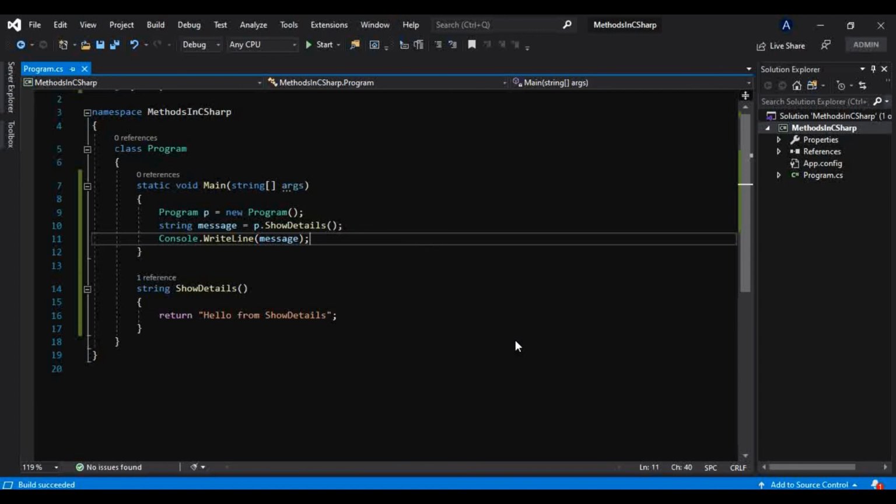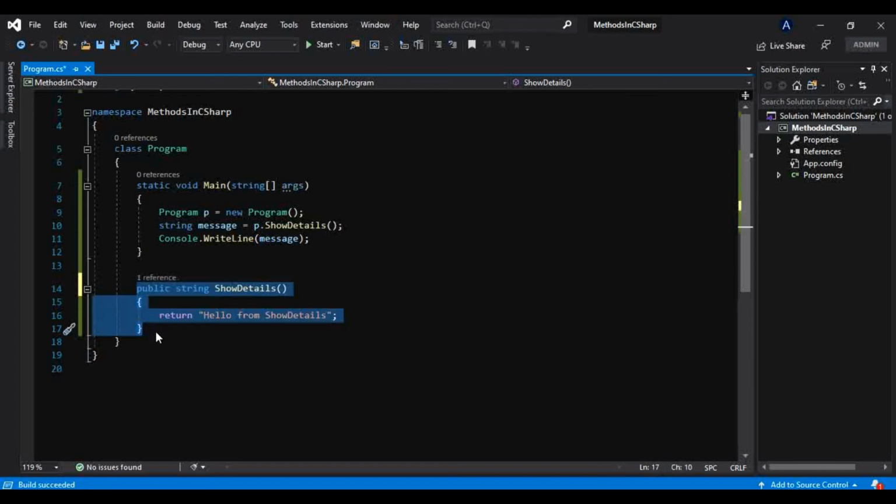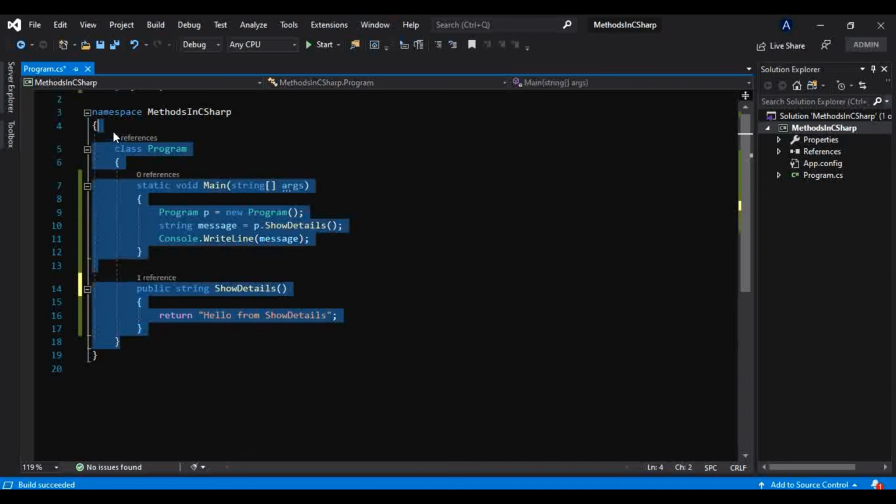Now let's just try to use those extra things, that is access modifier, keywords, attributes, etc. Okay, so I will make this method public. So as soon as I make this method public, this will be accessible outside this class.